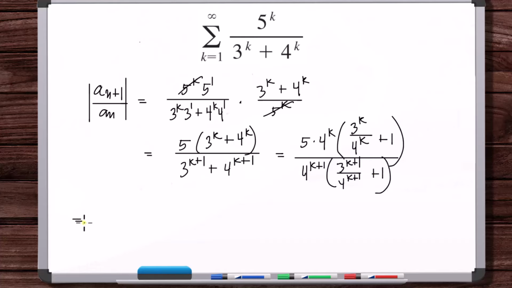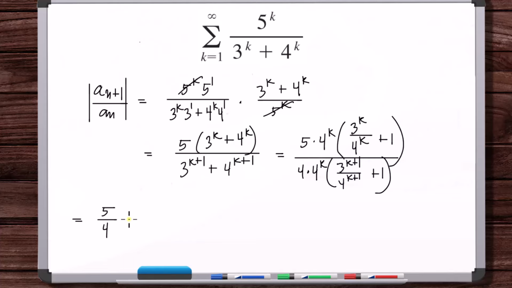Okay, and so what you've got is, this is 4 to the k times 4, right? Or 4 times 4 to the k. So 4 times 4 to the k. There we go. So we've got 5/4